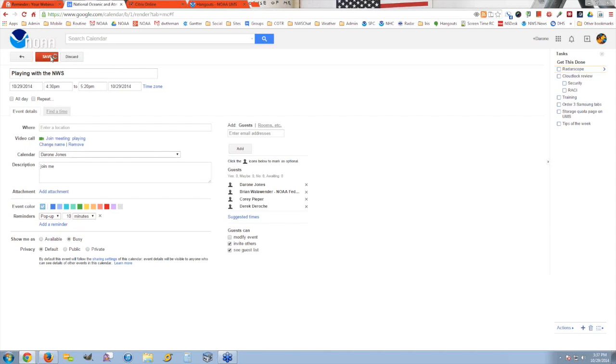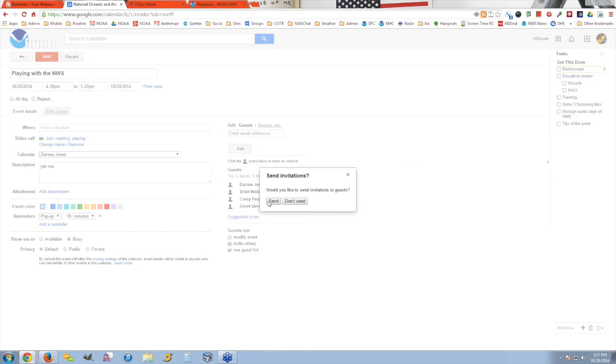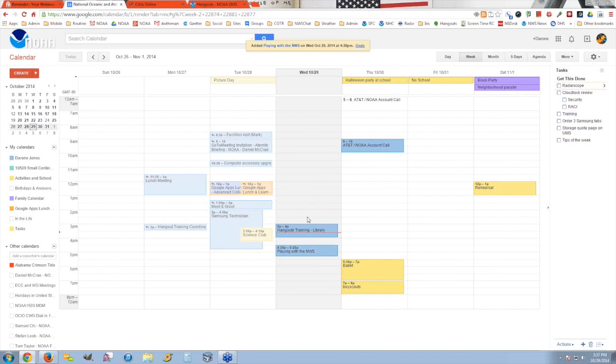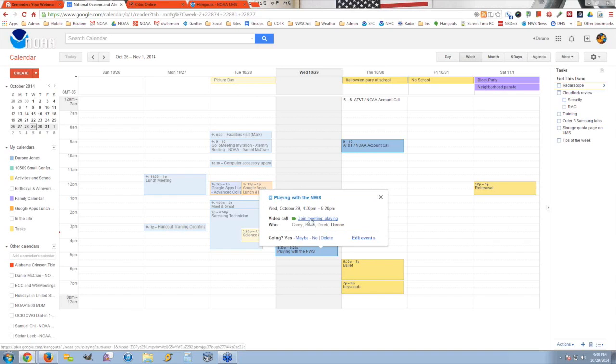And then when I hit save, I can save event. I have the ability to send them an email letting them know that it's on their calendar, or you can be sneaky and just drop it on their calendar without telling them. So now those guys all have that on their calendar, and when time comes, depending on what their local settings are for notifications, that'll be a little pop-up reminder. They may get a text message, depending on how they set it up. They may even get an email. But when it's time, it'll pop up like here, and all you got to do is click the meeting, and everybody's there.